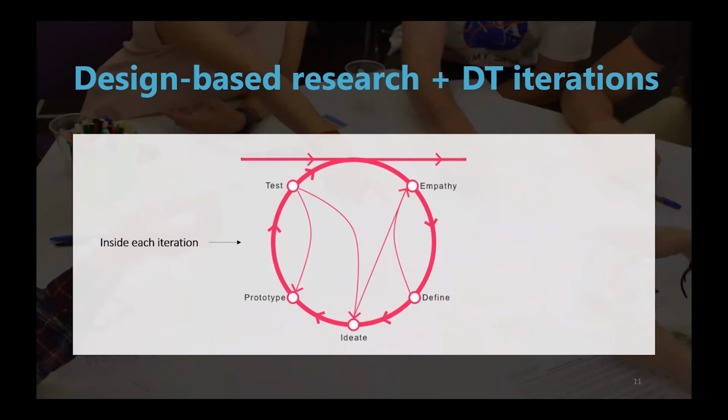Empathy, definition, ideation, prototyping, and testing. We did this in multiple steps to actually find an answer. We didn't finish one iteration in the same way, since the context in learning analytics design matters, and people are coming in and out of the sessions. This is why we needed to complement design-based research, since everything in the design process can be very flexible, and we never know what will happen.